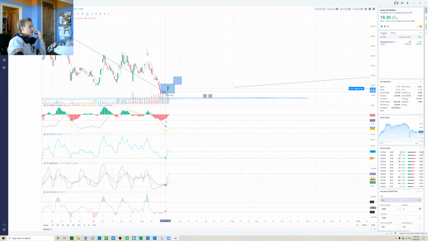So I already covered the MACD. I already covered the CCI. I already covered the RSI. So now the only thing that we have to cover is the KDJ. This is my favorite indicator. I know I've said it before. This is the only reason why I pretty much use Webull. It indicates a direction. Look at it. It's going up. It indicates a breakout. It indicates a direction change, and it indicates